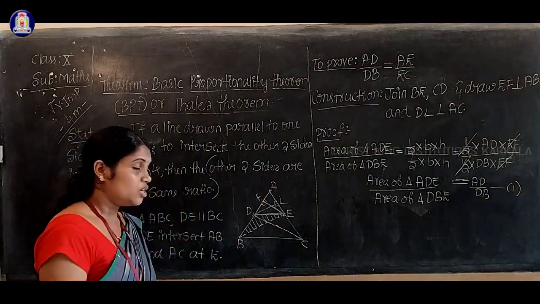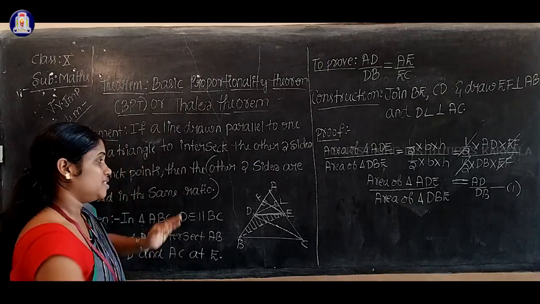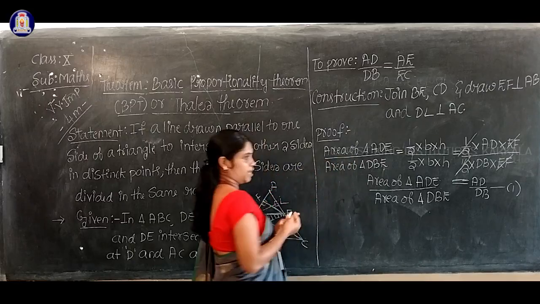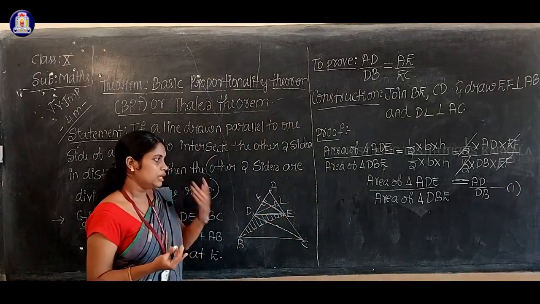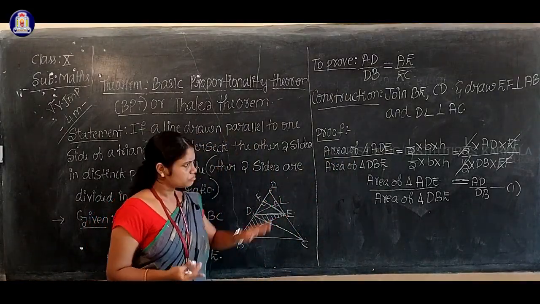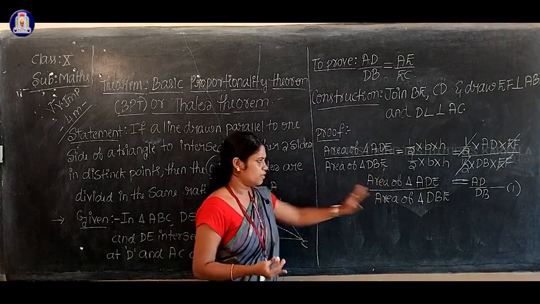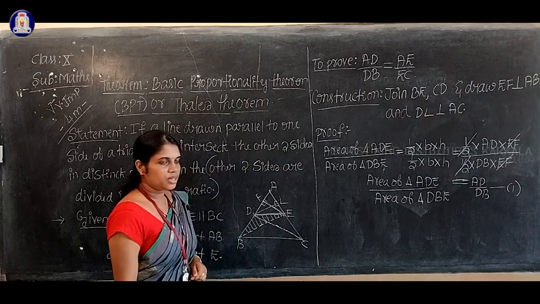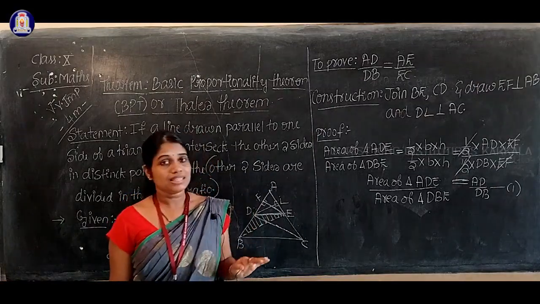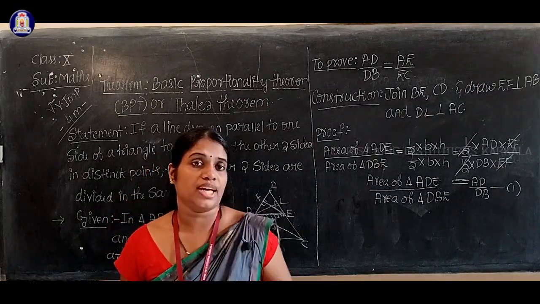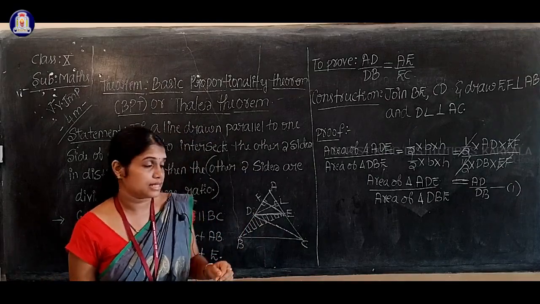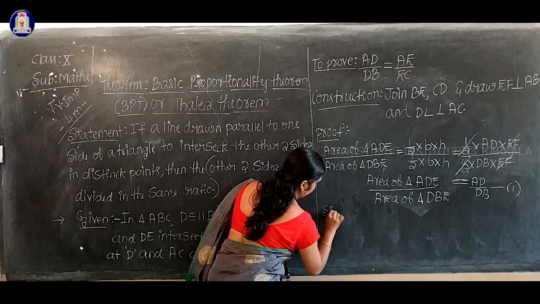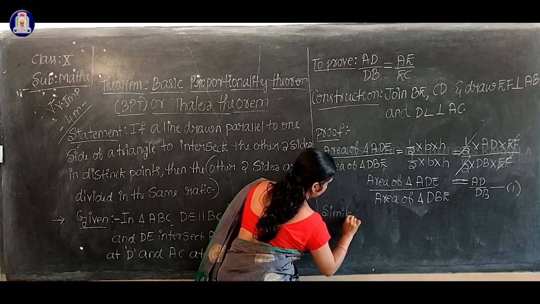So next, the same process will follow for the other part, the other side of this triangle. Same process will follow for the other side. So here once again I will consider the ratio of two triangles. Which two triangles will I consider? See now, similarly, in the same way,